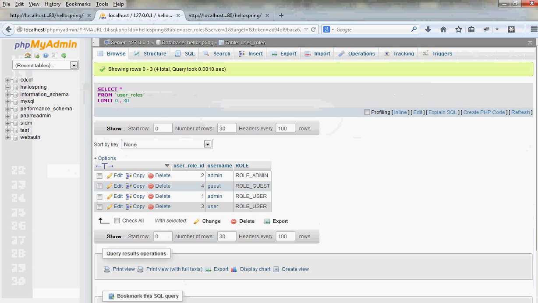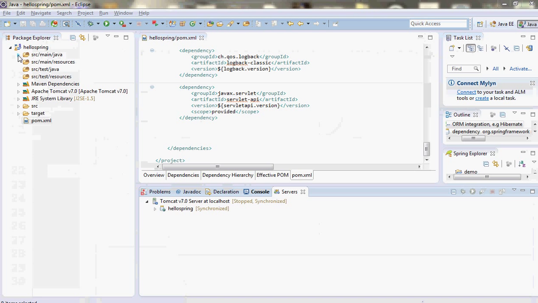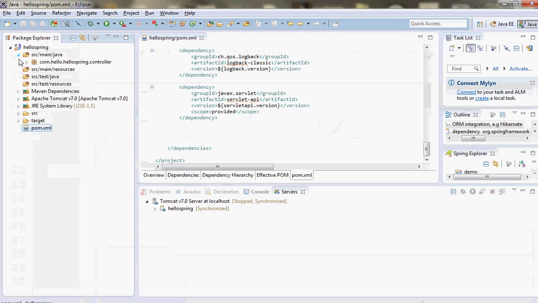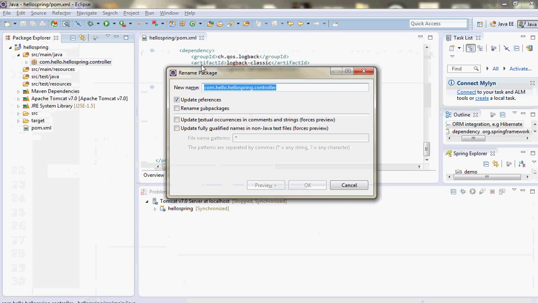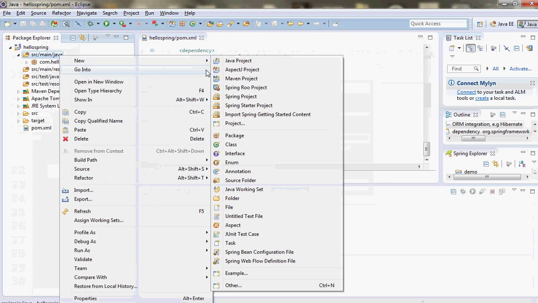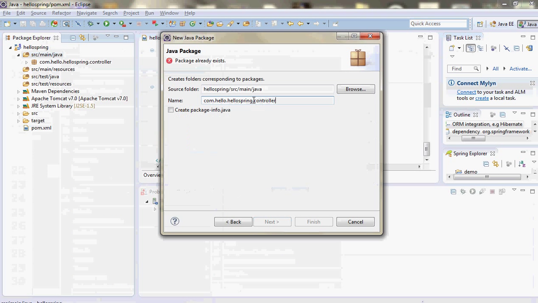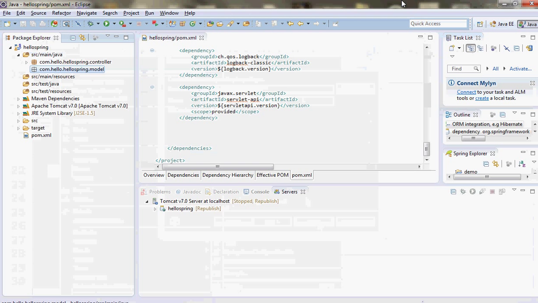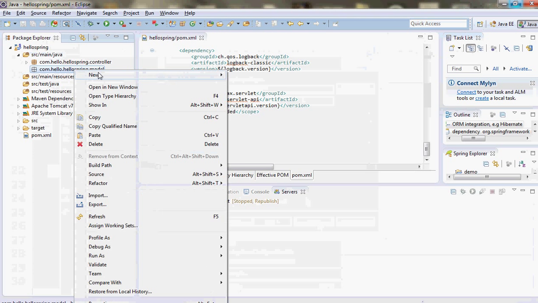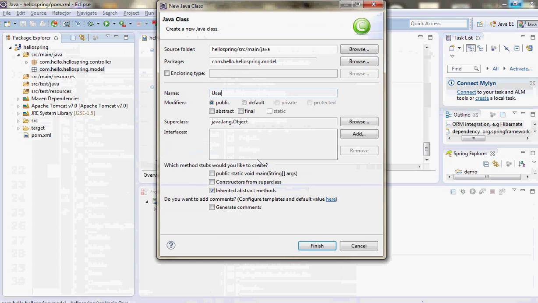Okay, now we have to create two classes corresponding to these tables. These are user and user roles. So let's create them. I'll create a package with the same name, that is hello spring dot model. And here we'll add two classes, that is user and user roles. Let's create a new class user